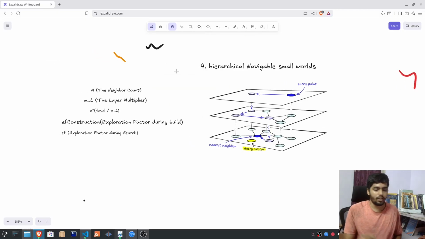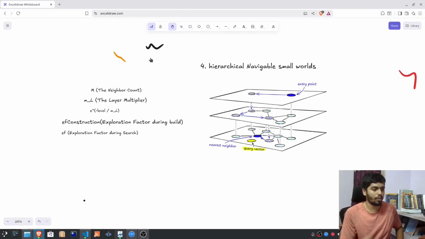Why do we need a hierarchy here? Just like how I explained Skiplist, it takes the idea from Skiplist. Instead of navigating through all the places in your small world, if you have a distilled version of it at a higher layer, you can directly find the relevant clusters from the layer above and then easily access them. Instead of going through all the numbers, you can get the result in logarithmic time here. So let's just understand with some